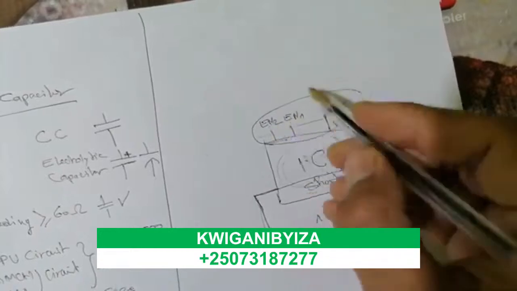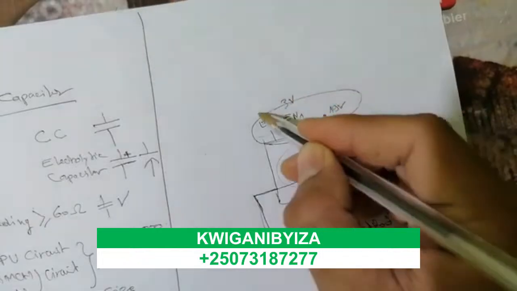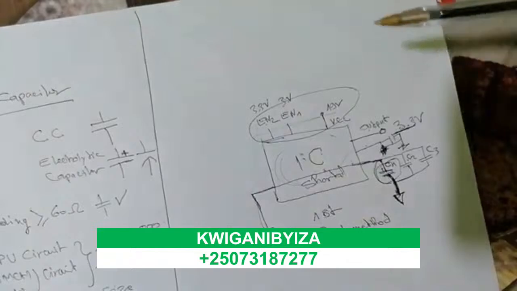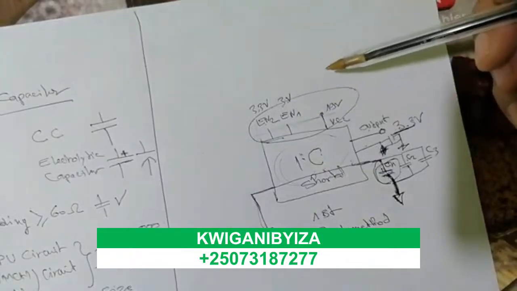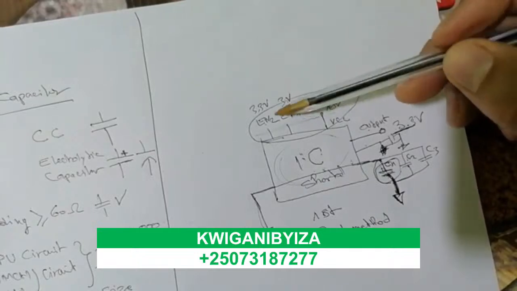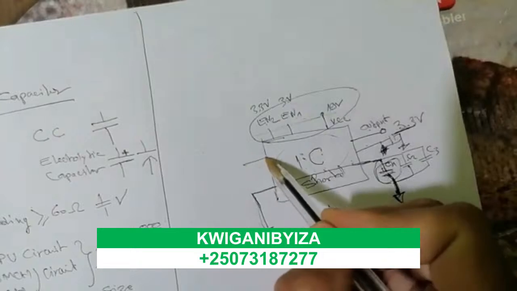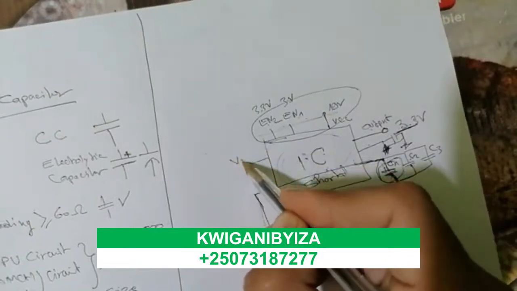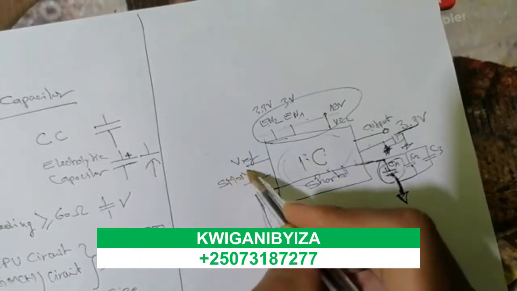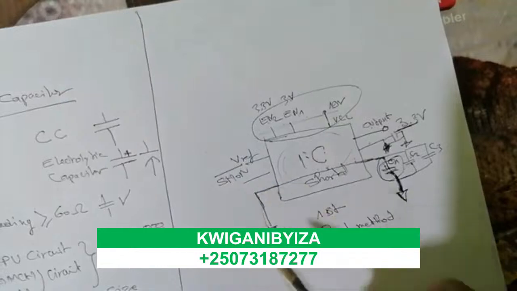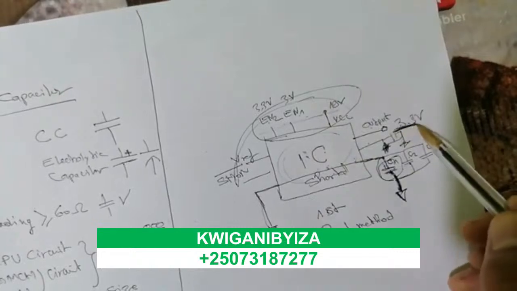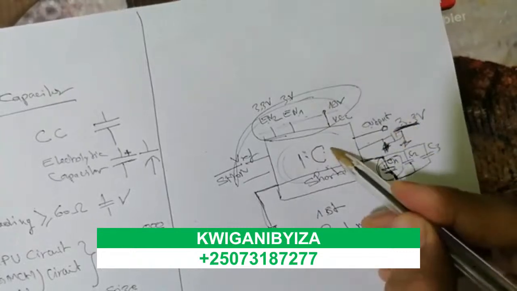We should check these two enablers. Basically, for example, here we have 3 volt and this one 3.3 volt. We should check these two enablers. If we find that all inputs are present, 19 volt is present, enable 1 present, enable 2 present, and other input signals, for example like V reference and the shutdown signal, are present. If all inputs are present and the 3 volt is still missing, it means the IC is the